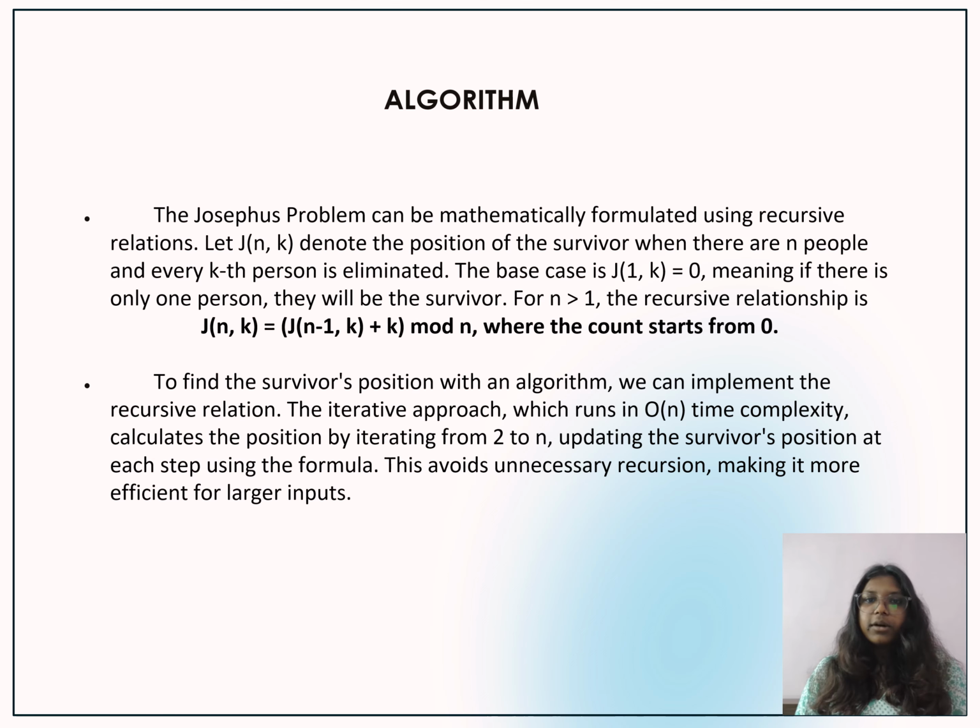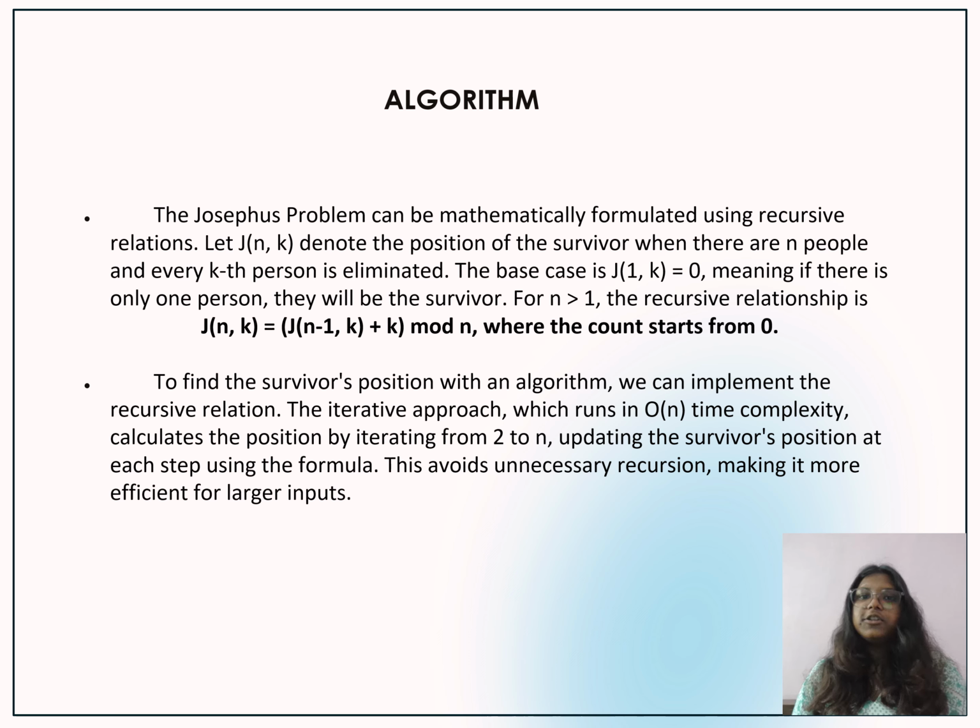Now, let's talk about how to solve it using math and programming. We use something called a recursive formula. This means the answer depends on a smaller version of the same problem. Here's the formula. J of n comma k is equal to J of n minus 1 comma k plus k mod n. This tells us the position of the survivor if there are n people and we remove every kth